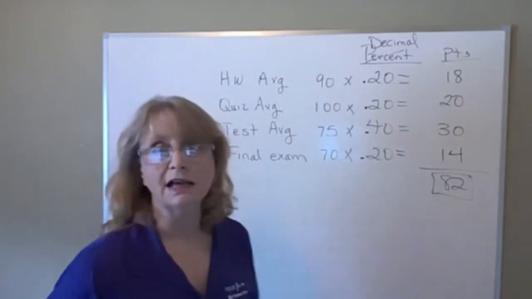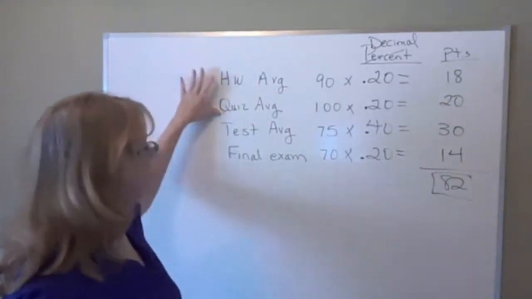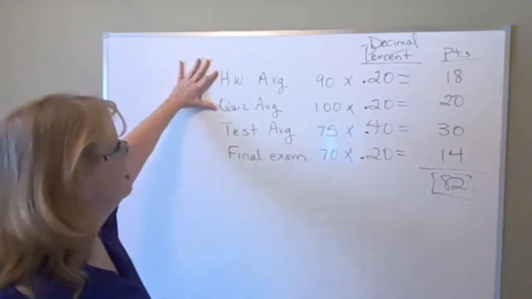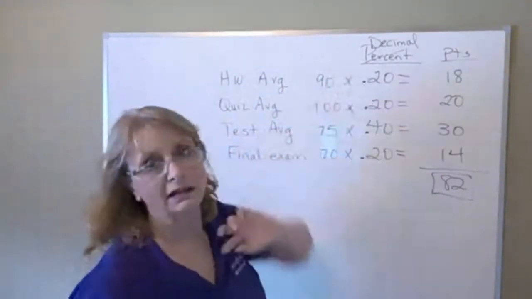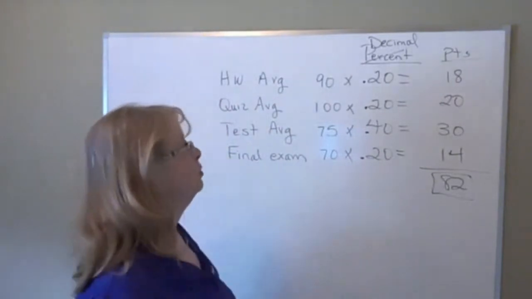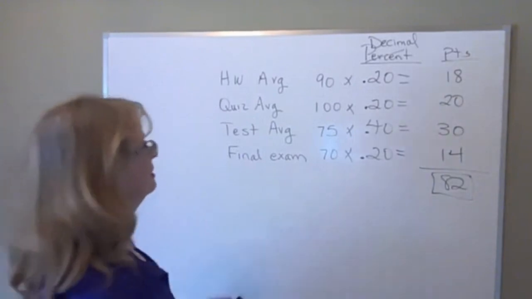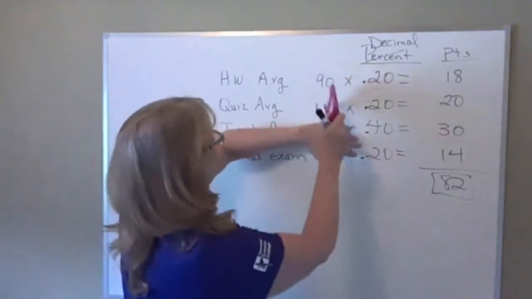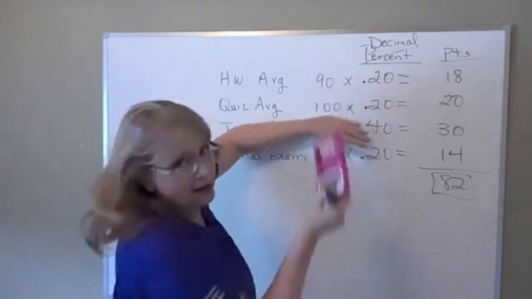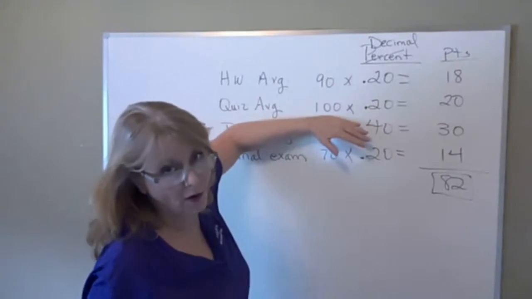So you can do this at any time. Like today during the break, I'm going to put in your homework and quiz average. I don't have this stuff yet. But I'm going to put in your homework and quiz average. And notice they are both equally weighted, each weighted 20%. So what that means is, right now, if that was your homework and quiz average, because they're equally weighted, you have a 90 to 100, so the average would come out at 95.